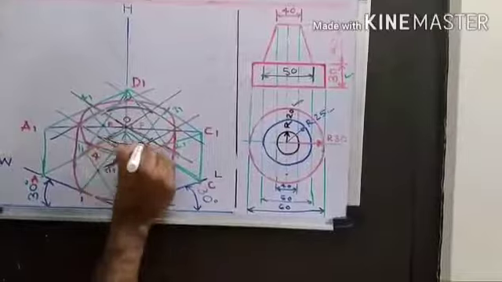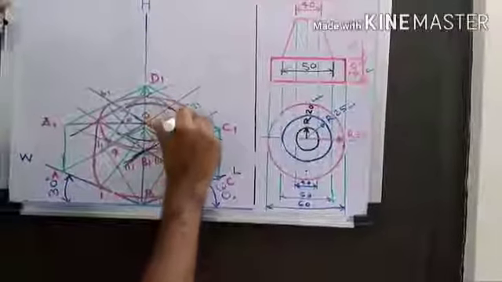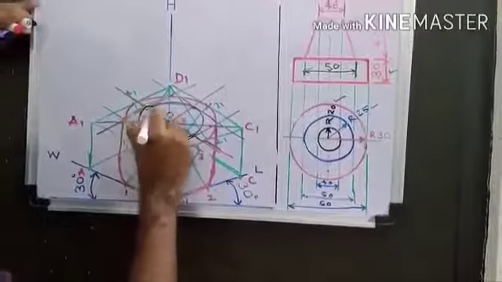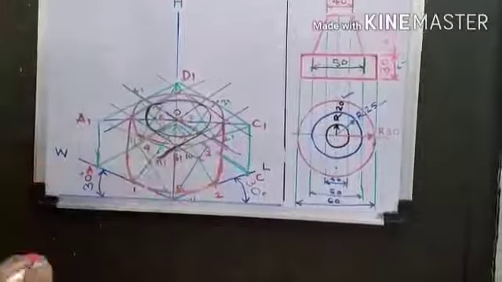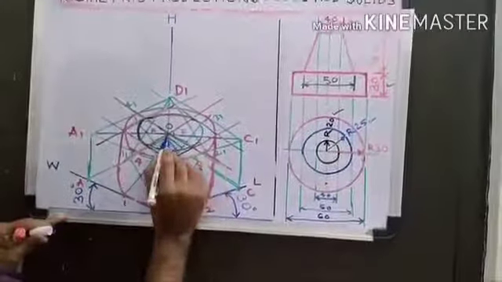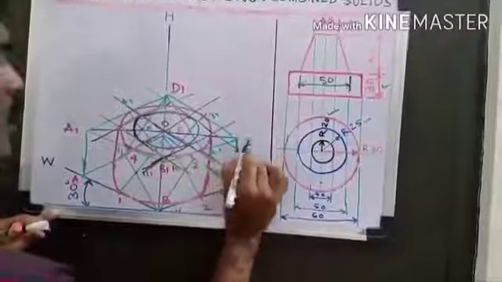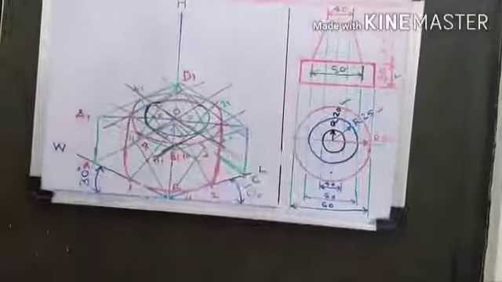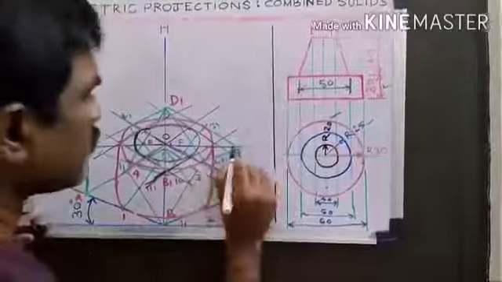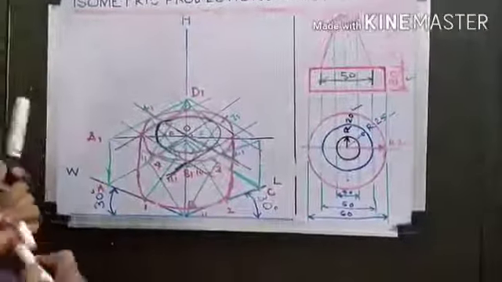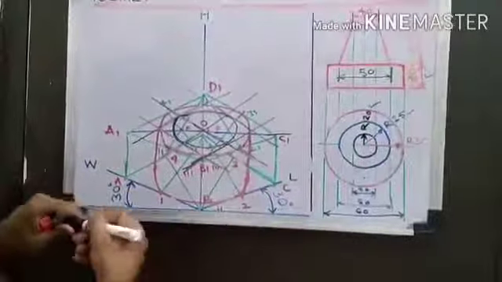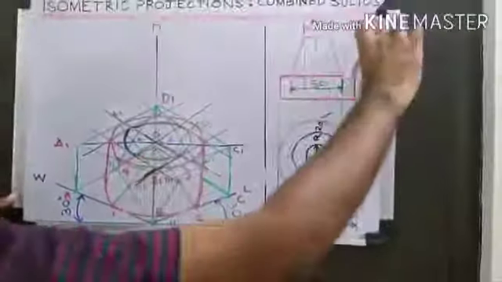Arc. Here also an arc. This is going to be another arc by using 4 center method. I am not showing the procedure. Previously I told it. Now remember this procedure. From O point, this is the C1. So what is the height? 40. So from O point you have to measure the height is 40.